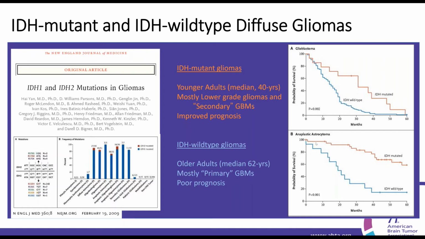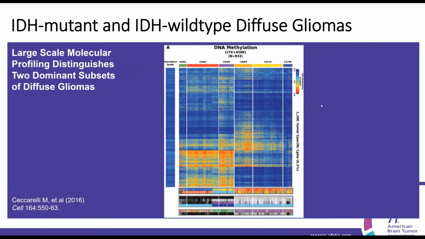An IDH mutation in a grade 3 tumor actually has a much better prognosis than a grade 3 tumor without an IDH mutation. And surprisingly, even those grade 3 tumors that do not have an IDH mutation have a much poorer prognosis than those grade 4 tumors that do have a mutation. So now we recognize that we were talking about really two different diseases, IDH mutant gliomas and IDH wild type gliomas,